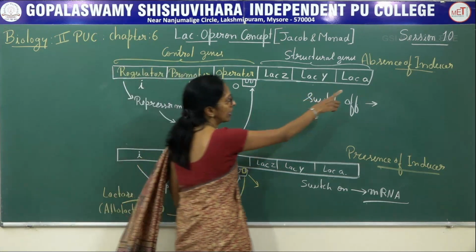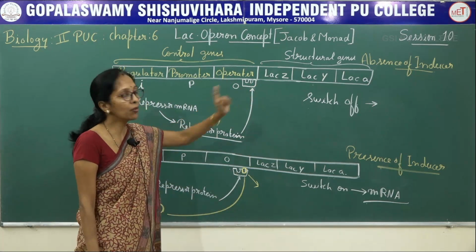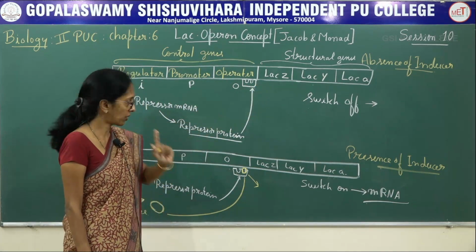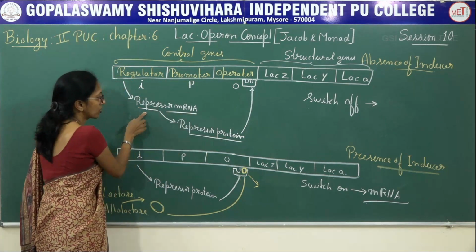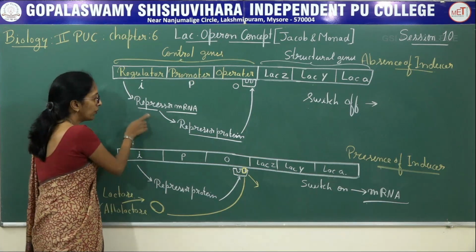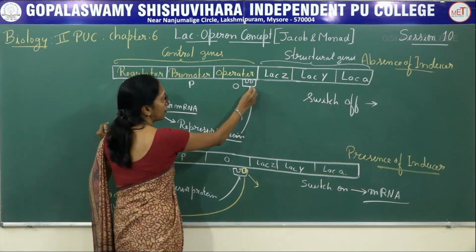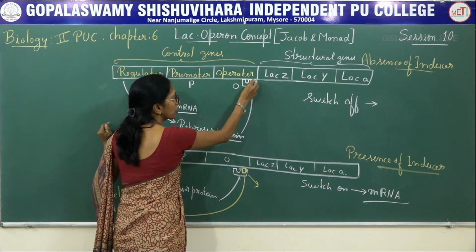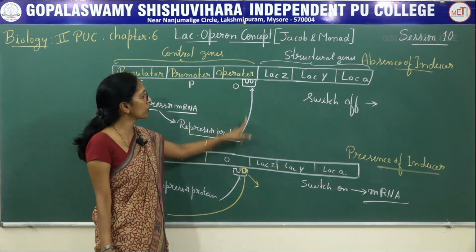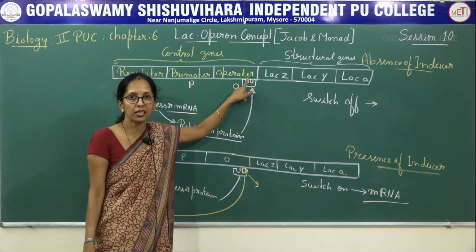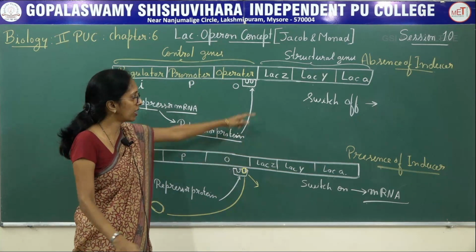Now, first is in the absence of inducer. Here the lactose acts as an inducer. Without lactose, what happens? This regulator helps in the synthesis of repressor mRNA, which in turn synthesizes repressor protein. Now this repressor protein immediately gets attached to this part, that is the operator. When this repressor protein binds to the operator, the switch is turned off